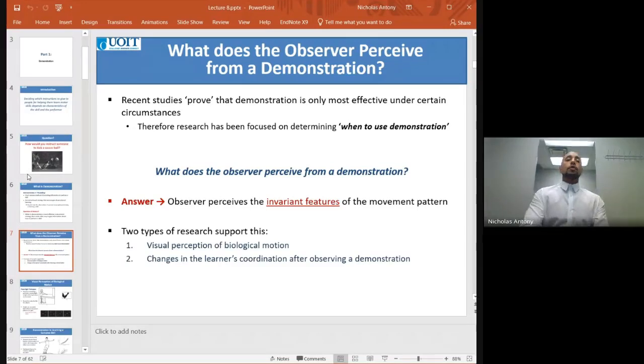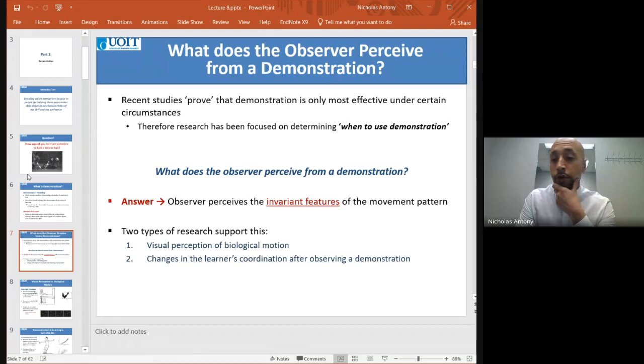Okay, awesome. So studies that evaluated demonstration basically altered different factors to get a better idea of when it's best to use a demonstration. And the research questions asked, when you observe someone doing a motor skill, so they're demonstrating it for you, what do you think that we are